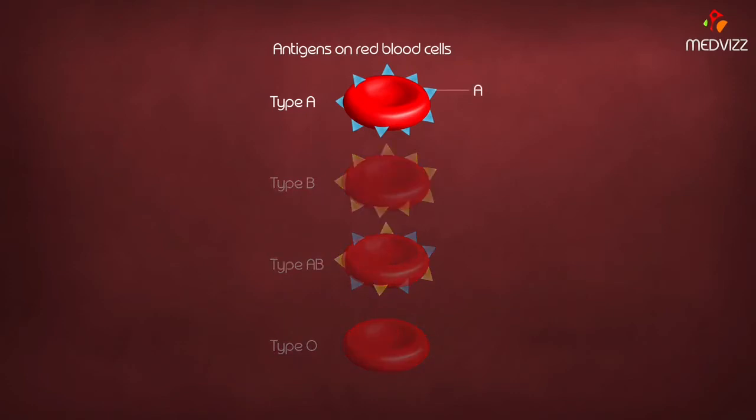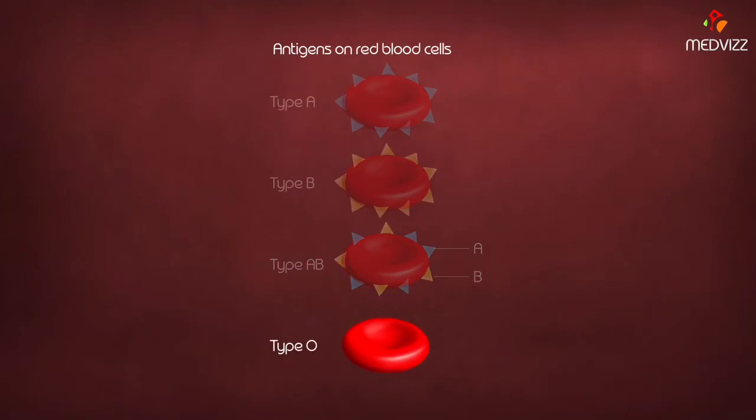People who are type A have A antigens, and those who are type B have B antigens on the surfaces of their red blood cells. Persons who are type AB have both A and B antigens, and those who are type O have neither A